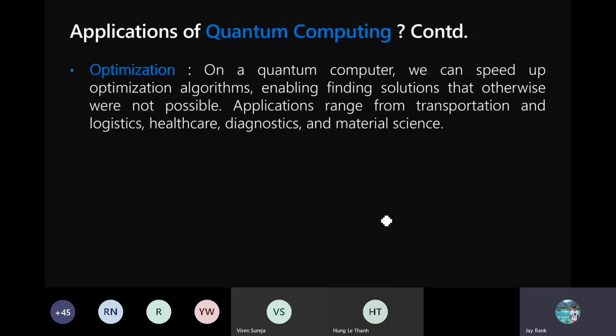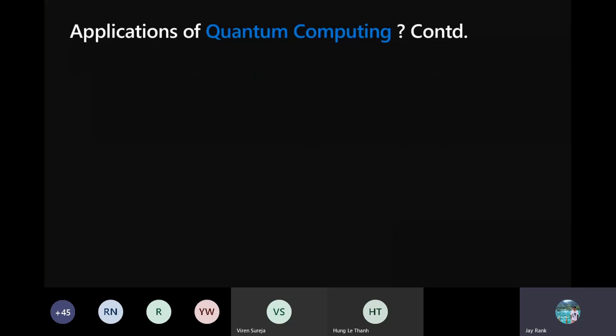Like, let's say I have a very big number, and I want to divide it into prime numbers. So using Shor's algorithm, we can do it. Sorry, not Shor's algorithm. Using the, what was that, factorization method? I think, yeah, that's the Shor algorithm only. Yes, the Shor algorithm also has the capability of dividing a big number into subsequent prime numbers that, when multiplied again, will result in the original number.